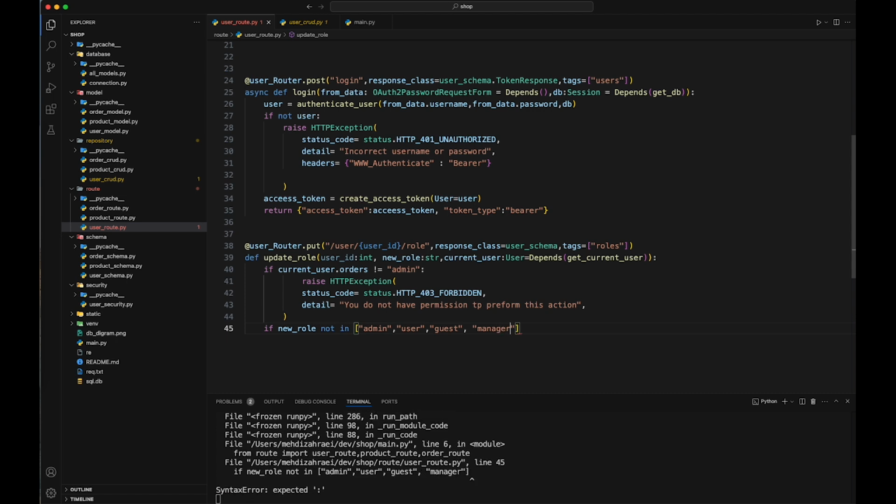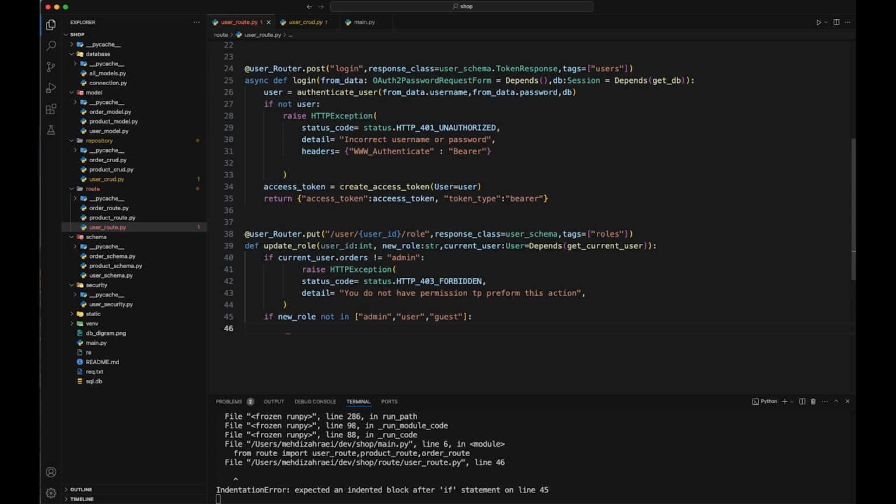It depends on your project what you want to define actually. If not one of these, you can just say